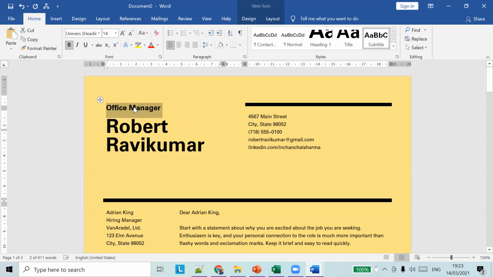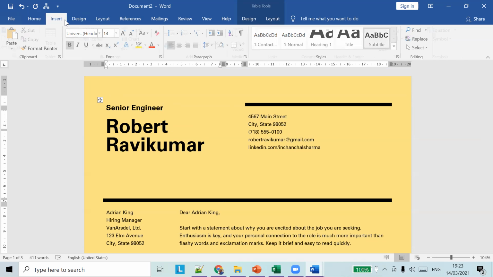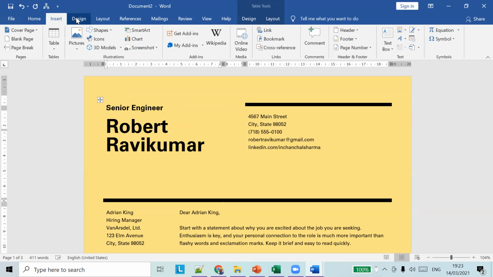I can change these details, senior engineer or something. We didn't choose what font size has to be used. We didn't choose the background color of this document. We are just changing the details which are already present.